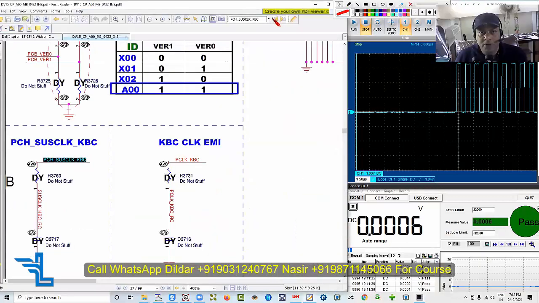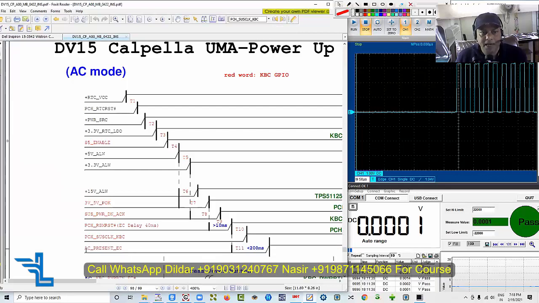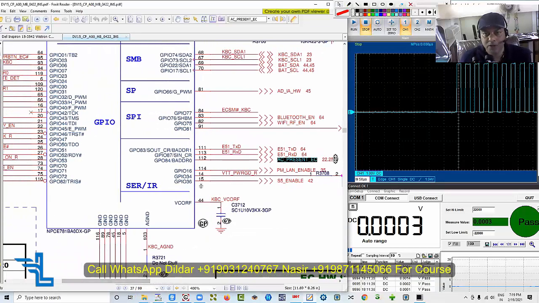Now the next one, let's come back. AC present. First, your charging IC will release the AC in or AC OK signal, which will reach the controller IO, and afterward the controller IO will tell the PCH, yes, the adapter which is inserted is healthy and working fine. So this is the final report from the adapter to the PCH. Now you need to have 3.3 volt on this pin. So now let's come and check. It is on pin number 112 and